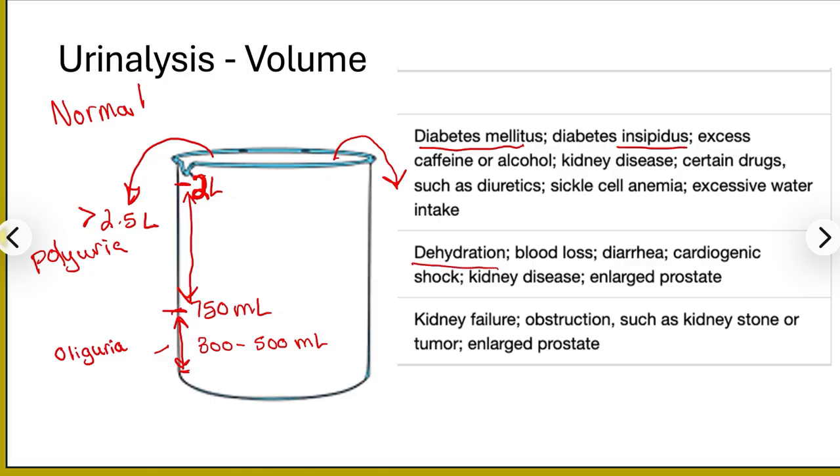The dehydration can be caused by a number of factors, including blood loss, diarrhea, kidney disease, and a large prostate can also cause this. And then finally, you have anuria. That's essentially saying no urine. We define this as producing less than 50 milliliters per day. This is generally going to be a sign of kidney failure, an obstruction such as a kidney stone or tumor, or a large prostate. So anuria is generally going to be a very urgent thing that you're going to need